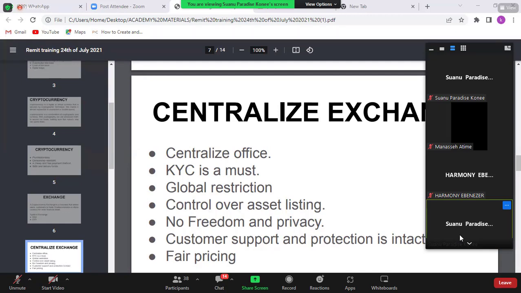Now, let's proceed. Control over asset listing. What is asset listing? Now, some of us must have gone into an exchange and then they will tell us, so exchange, let's say BNB will be tradable on this exchange starting from so time. So listing means